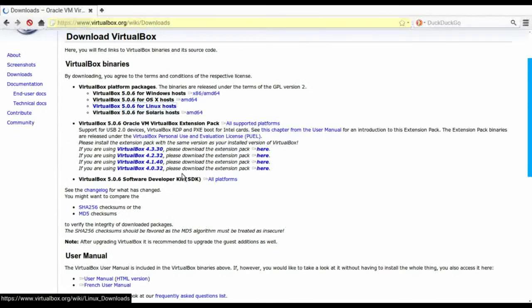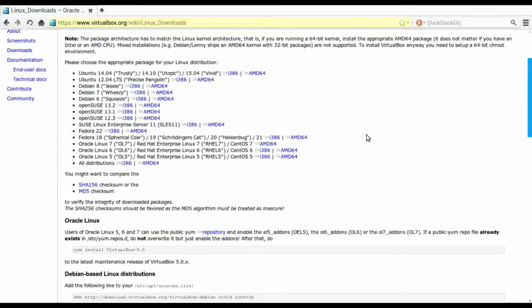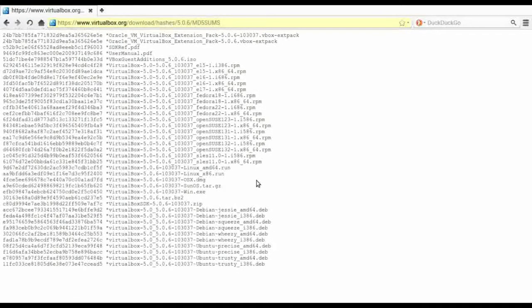It also has checksums. For Linux guys, it helps you choose the right file for your particular distro. It has the checksums. If you want to make sure that you downloaded the file correctly, you can go to the terminal for the Linux guys,